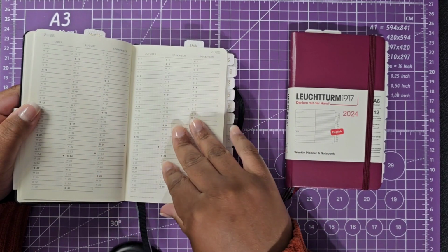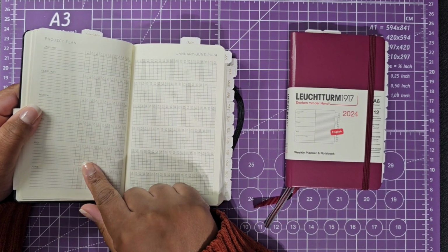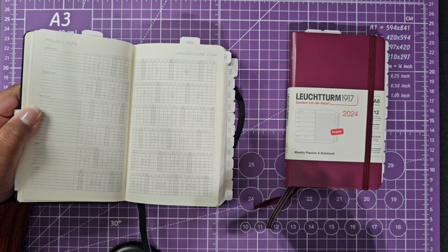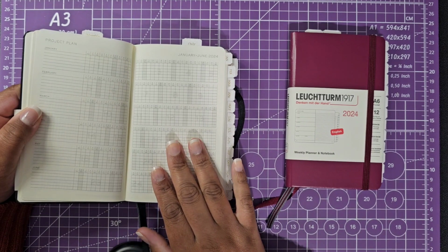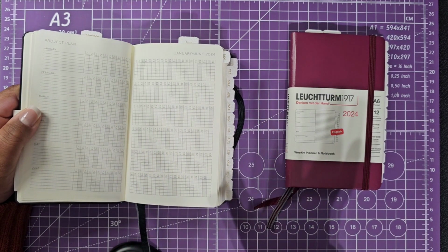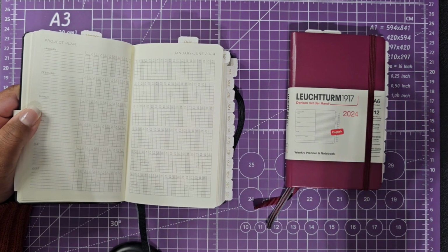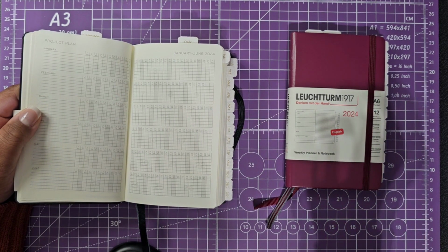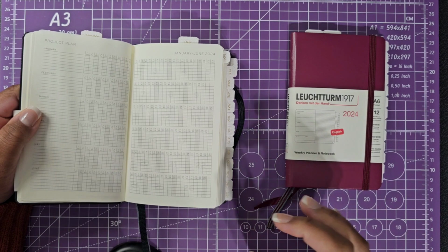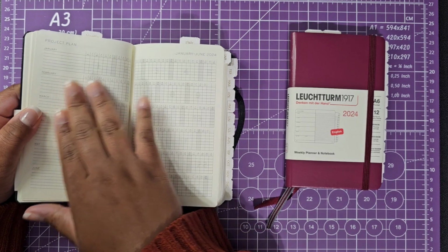They have these project plan sheets that break up each month, and you can use this to track anything. And this really draws me to this planner because it has some things in it that the Moleskine Pocket Daily does not have. And the last time when I did my initial flip and review of this for 2023, I didn't really go through the book like I should have. And so I knew this was in there, and this is probably the best part for me,